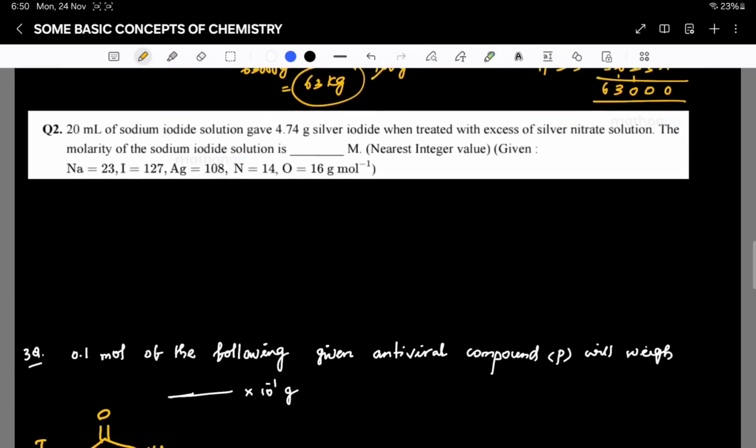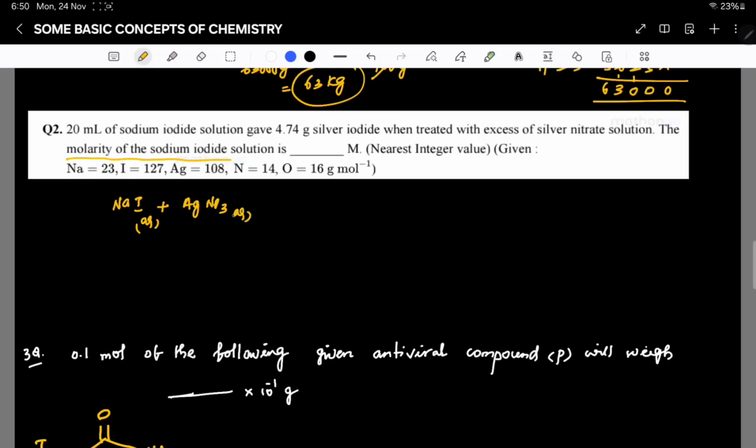Next, student: 20 ml of sodium iodide solution gave 4.74 gram silver iodide when treated with excess of silver nitrate solution. The molarity of the sodium iodide solution is asked. So he is asking molarity, student, right? So here we have sodium iodide solution, and it is mixed with